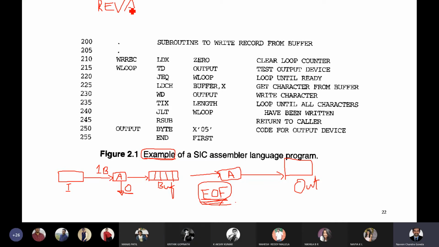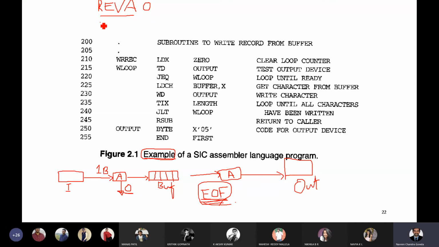Yes, sir. So if I start giving the input as REVA followed by 0, this is not O, my dear, this is 0. Then it will stop the input process here itself, and the buffer contains REVA. That itself will be returned to the output device. Input and output is a continuous process. You are not completely stopping your execution.